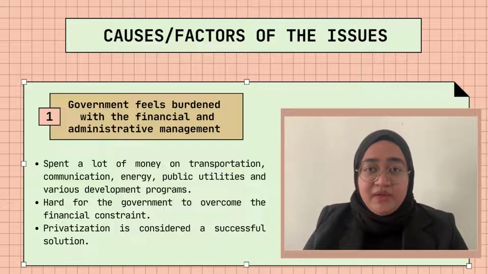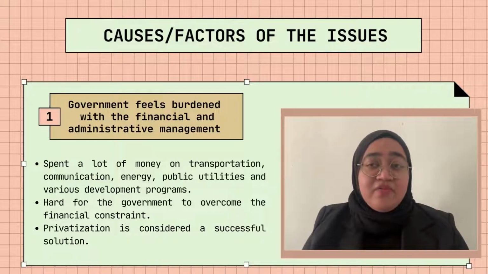All of this development required the government to find ways to improve their finances, and this is when privatization became an option, as it could be one of the most effective ways to help the government in a lot of ways. Privatization is considered a successful solution since the private sector is expected to be more efficient and progressive